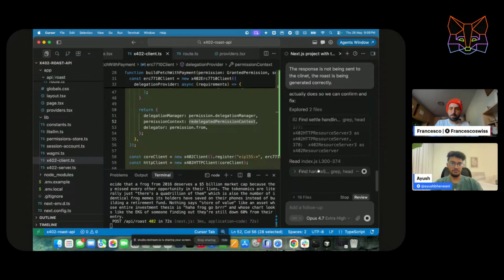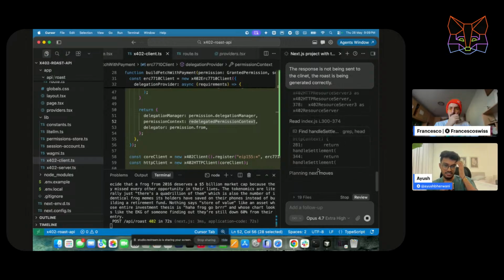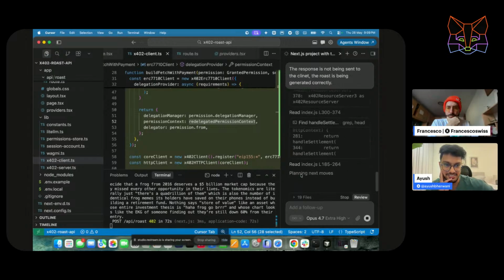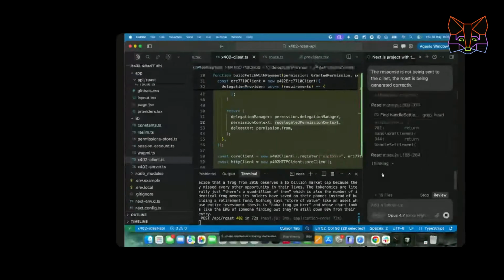I think we can give 5 or 10 minutes more. If not, maybe I'll just debug, push it on a repo and record a demo.